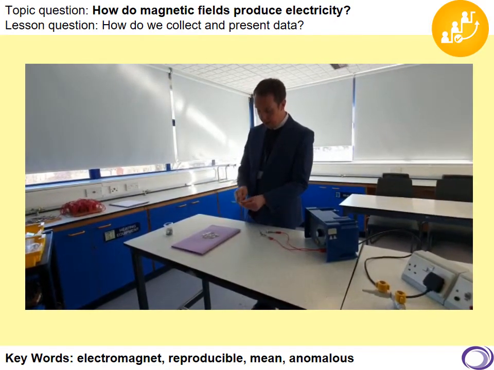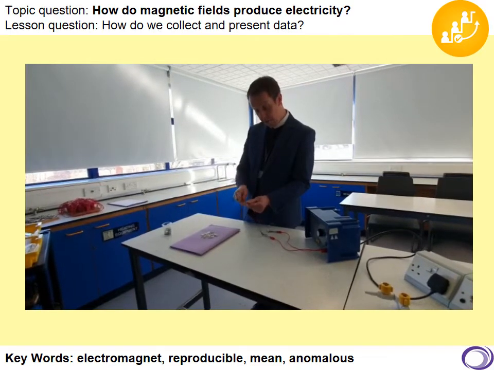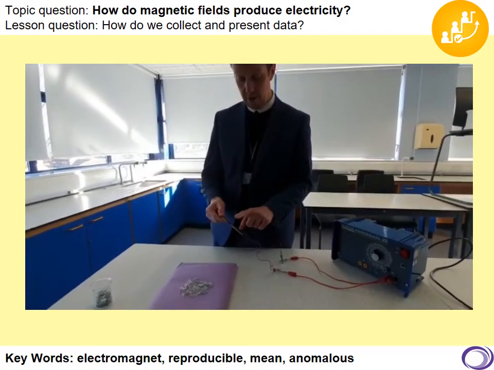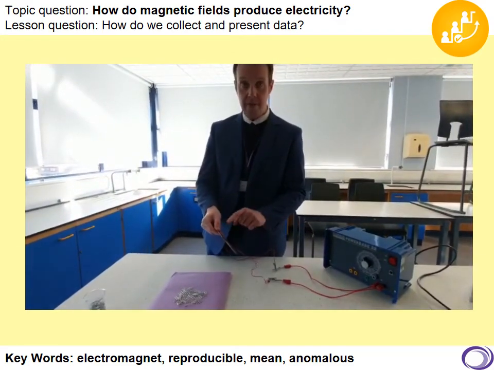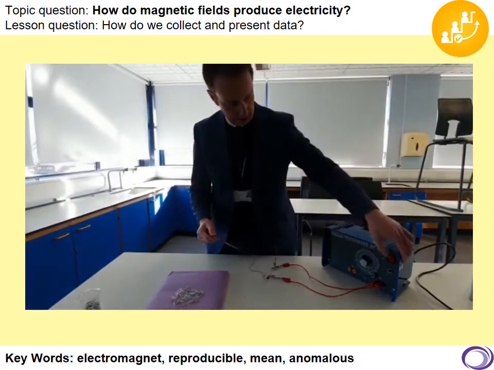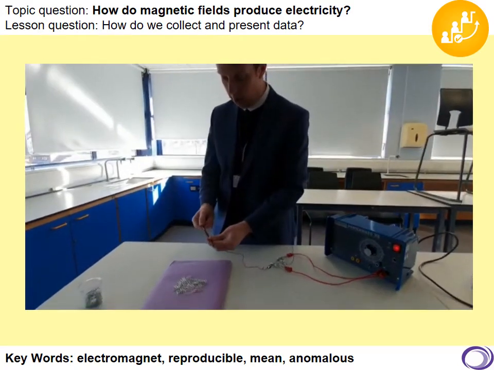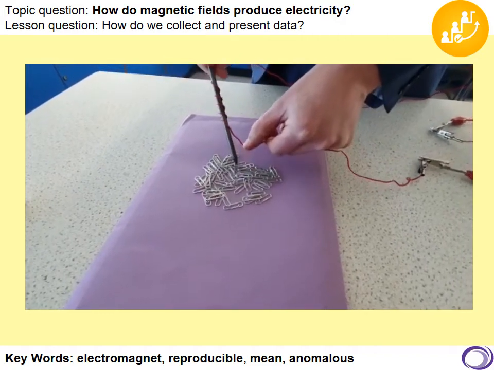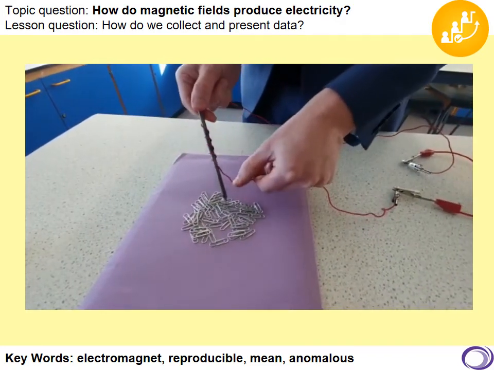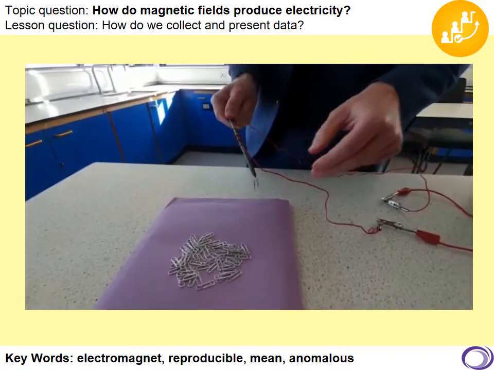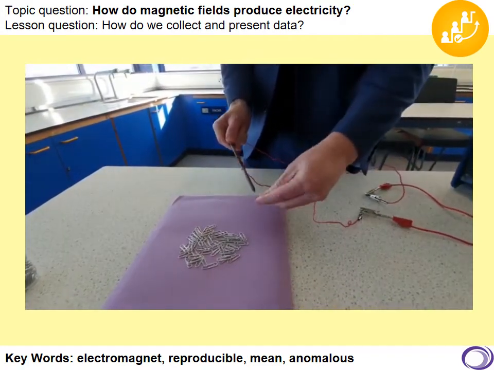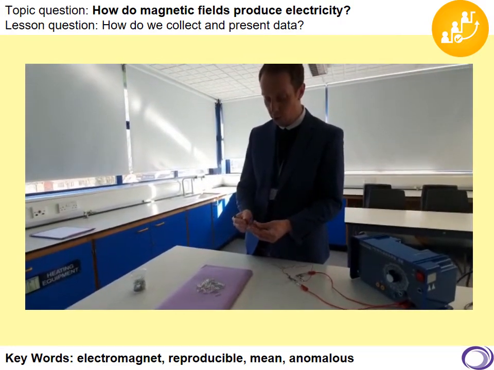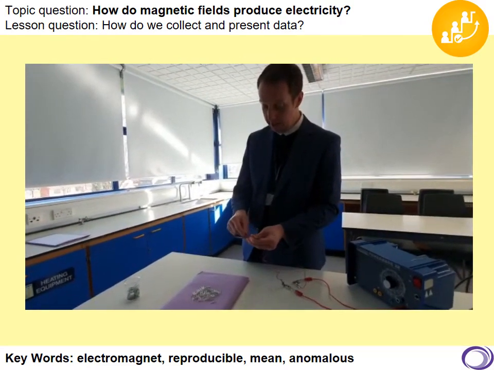I'm now going to make my electromagnet, and I'm going to go up in increments of 5 turns. So to begin with, I have got my iron core with 5 turns of the wire coil around it. I'll turn my power on, and as the current begins to flow, it creates a temporary magnet, strong enough to pick up 1 paper clip. So with 5 turns, we lifted 1 paper clip. I'm now going to increase that